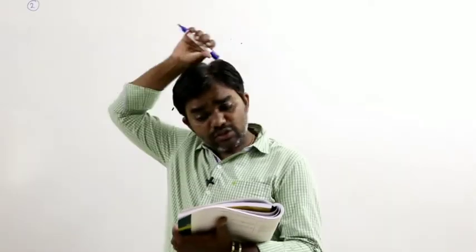Page 107, question number 2. Question number 1 we already discussed at the time of class in the current electricity chapter. Once check yourself. So second question: in a straight conductor of uniform cross section, a charge q is flowing for time t. Let S be the specific charge of an electron.